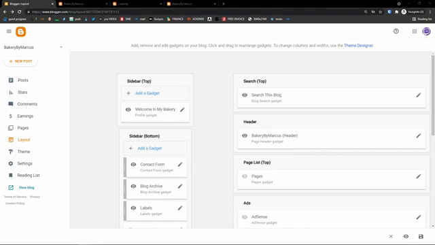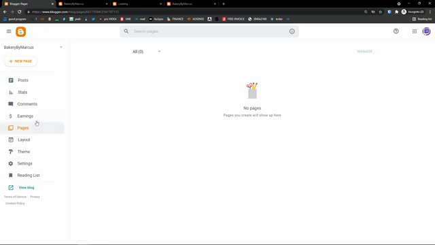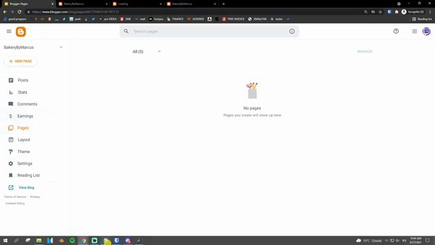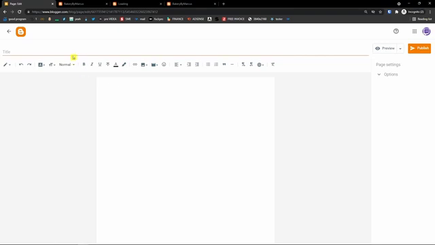add pages. So what I can do is simply click on pages, and here you can click new page on the top left. So to add a new page, go to top left, click new page here, and then I can simply add a new page, page number 1, and it works literally the same when you're writing a blog or writing a page. So I would add a page 1 here, and this is a page,